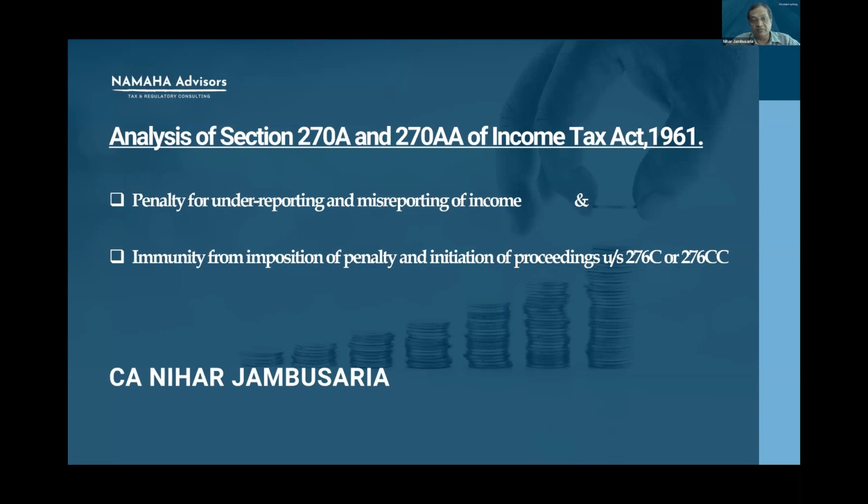Penalty can be levied by Commissioner or Principal Commissioner of Income Tax if during the course of revision under section 263 there is further enhancement of income. So